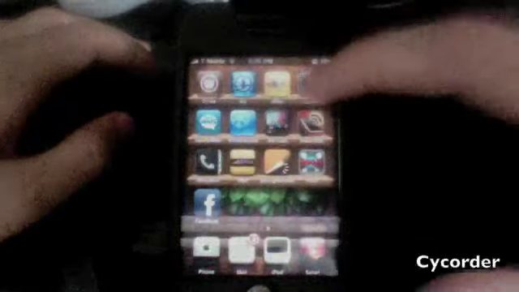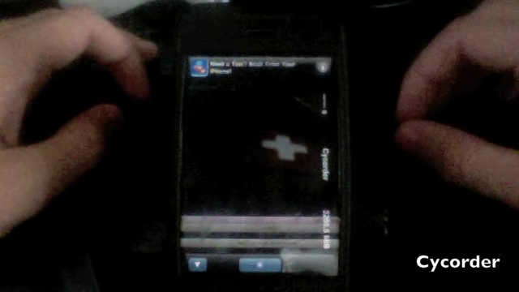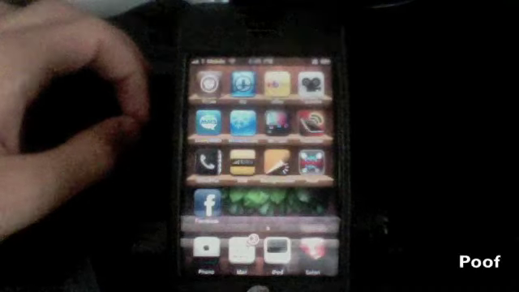Next we have CyRecorder. I have another video on that, so I'm not going to go too detailed into that. CyRecorder pretty much allows your iPhone to record video. Yeah, I'm just going to say that. Next we have